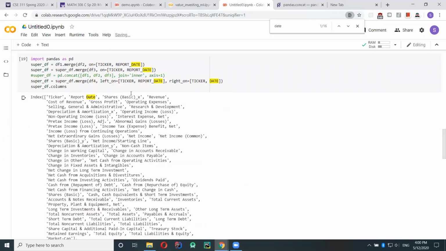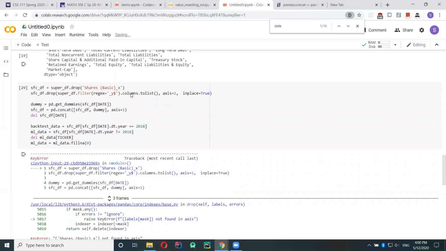Oh yeah, gotta do axis equal to 1. What this does is it tries to find an index where it equals x.